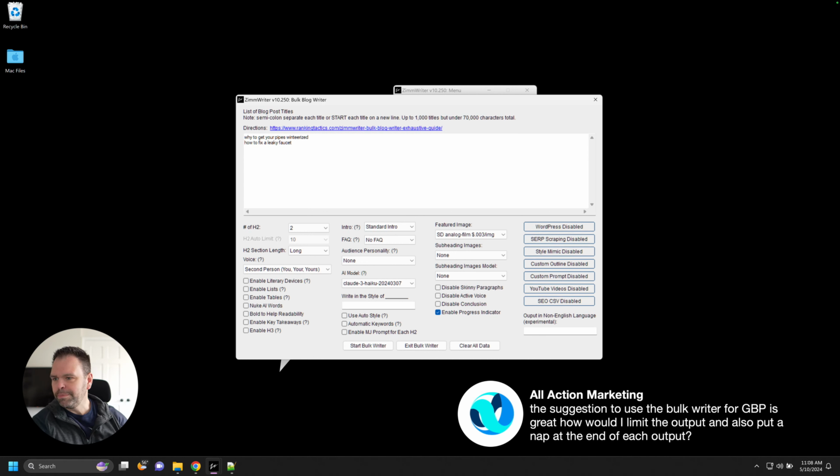The suggestion to use the bulk writer for GBP is great. How would I limit the output and also put a NAP at the end of each output? Sure. To limit your output, you limit it by the number of H2s. If you don't want a lot of output, you do 2 H2s. Maybe the H2s are too long, so you dial it down to a medium length or something like that. Now, if you want to do a NAP at the end,